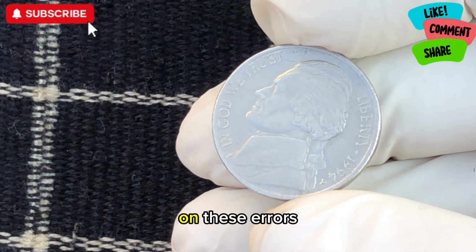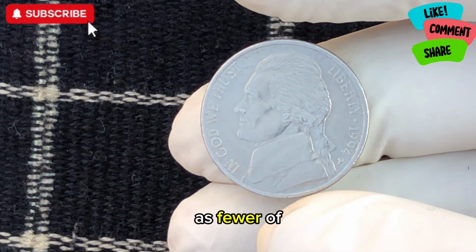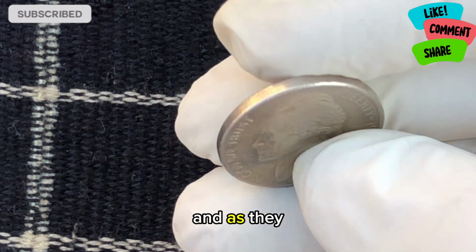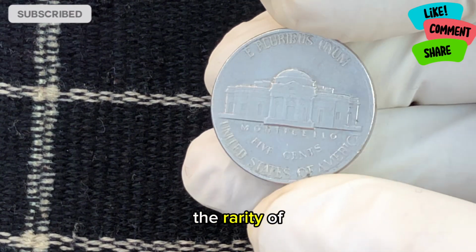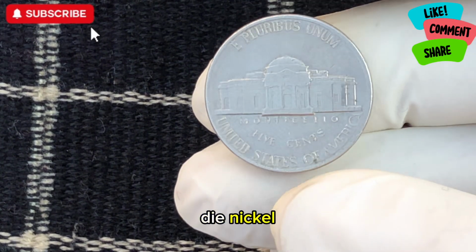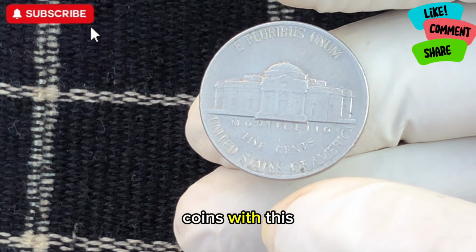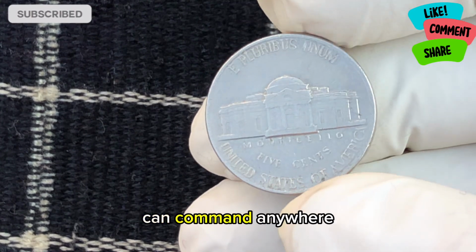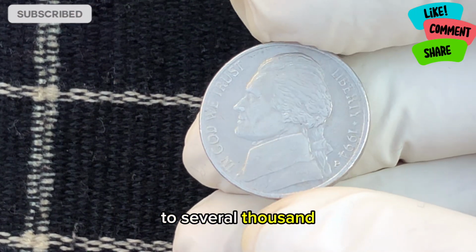As time goes on, these errors become even more prized by collectors, as fewer of them remain in circulation and as they become harder to find in uncirculated condition. The rarity of the 1994 double die nickel has led to it being valued at an extraordinary price. Coins with this particular error can command anywhere from a few $100s for lower quality specimens to several $1,000s for